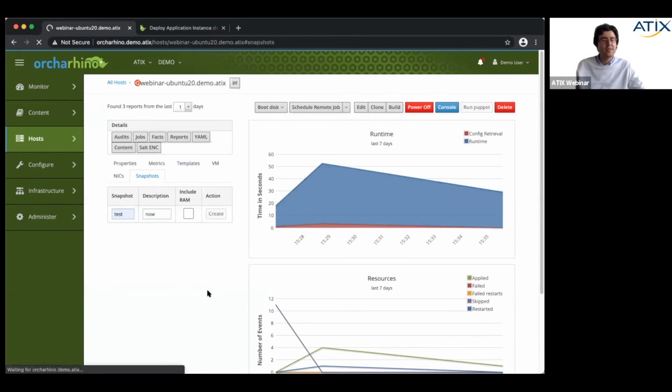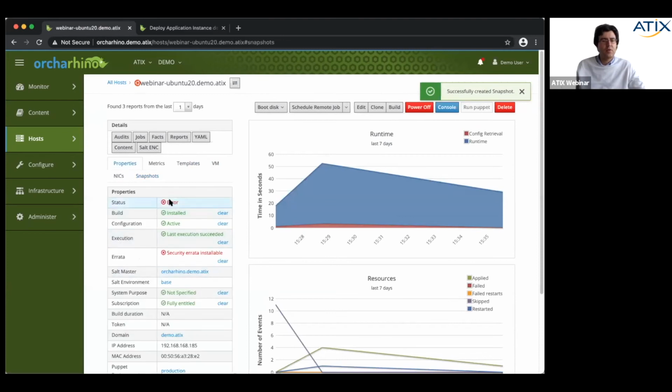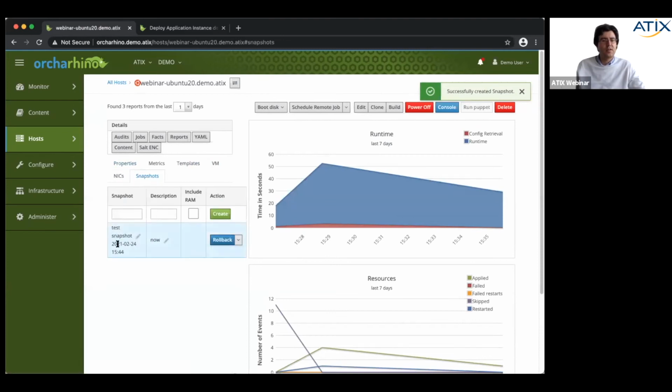We click on create. And now if we go here, we see that a snapshot has been created. If we now want to roll back, we would just click on roll back and click on OK. We don't want to do that because then the server will be switched off, because we did the snapshot without RAM. And in case we no longer need the snapshot, we can just go over here and delete it.